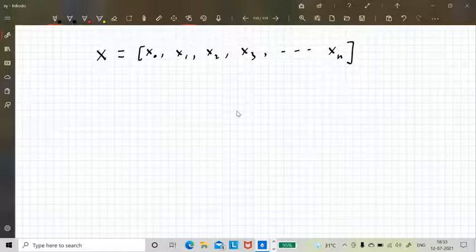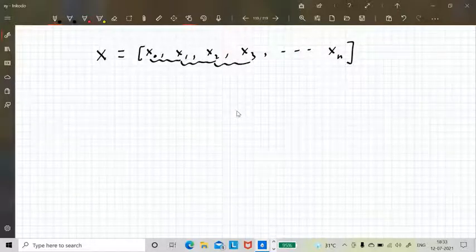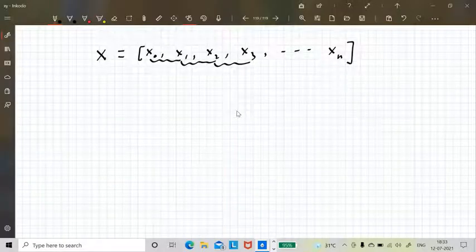The simple way to do this is that you take successive pairs. For example, you take x0 and x1, then x1 and x2, then x2 and x3, and so on, and you plot them. That means you have two lists.